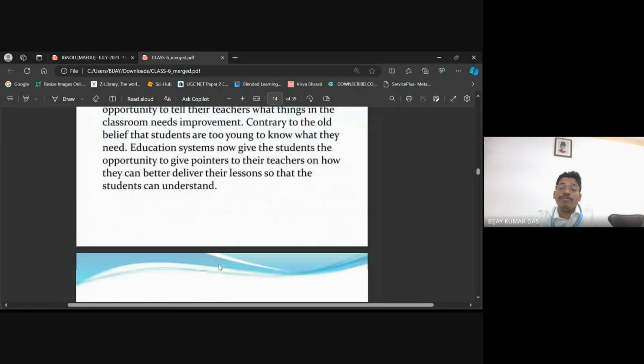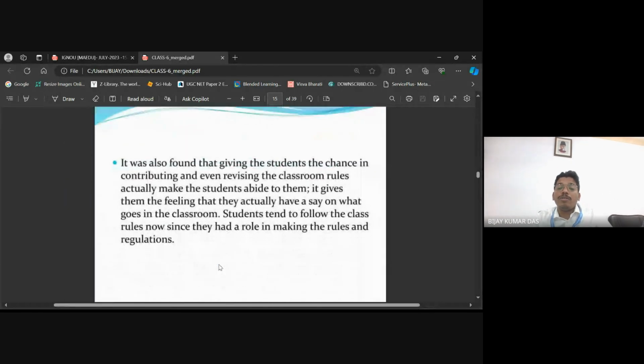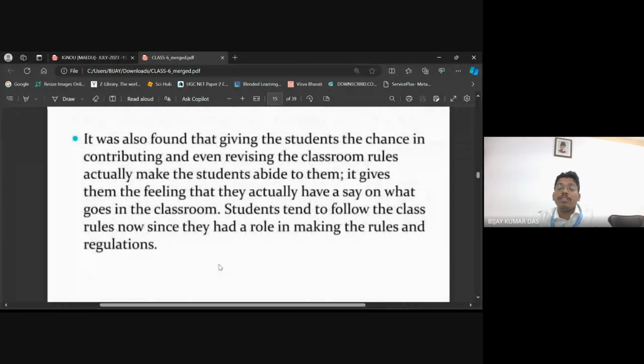And it was also found that giving students the chance to contribute, and even to raise the classroom rules, actually makes the students abide by them. When we are very strict,